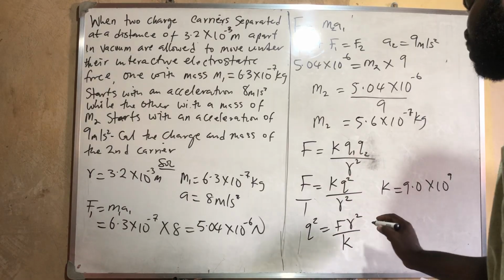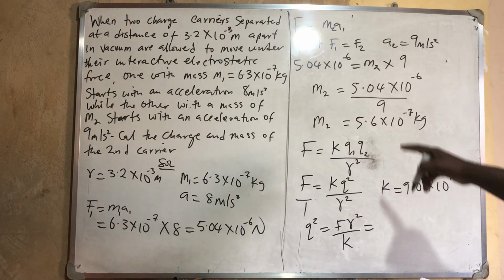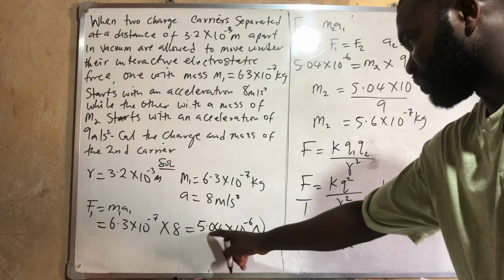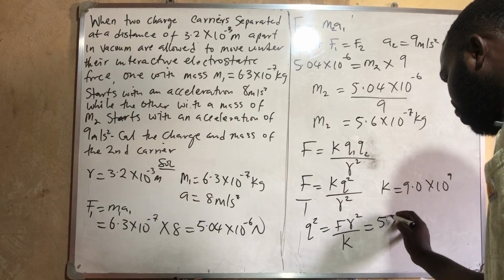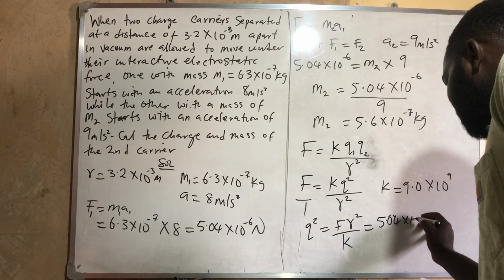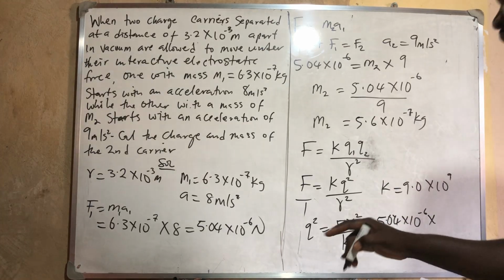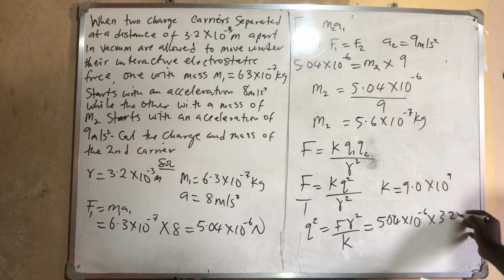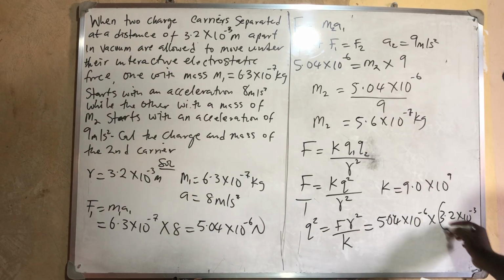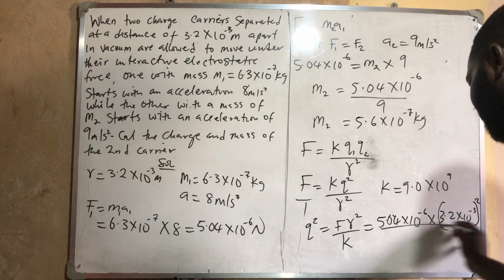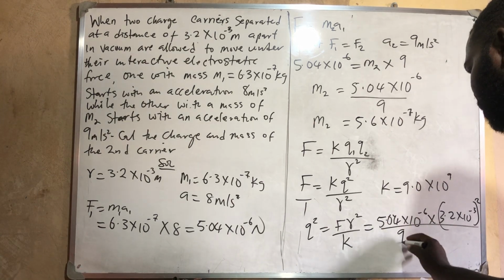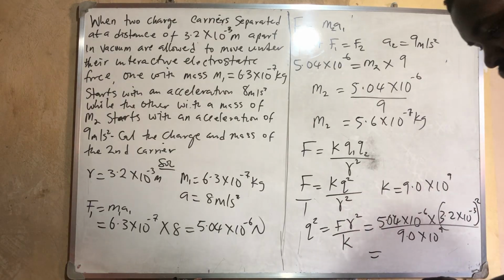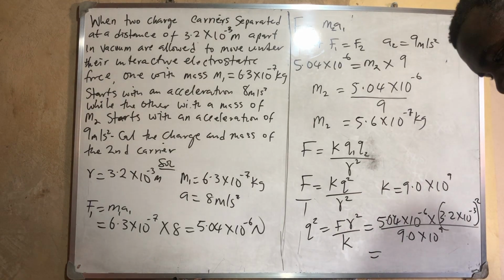All right, so if you now put in my F, I've gotten my F to be, where is my F? This is my force, I've gotten it. 5.04 times 10 raised to power minus 6, times the distance apart, which is 3.2 times 10 raised to power minus 3, all squared, then divided by my k, which is 9.0 times 10 raised to power 9. So if you solve that, if you press your calculator, you will be having